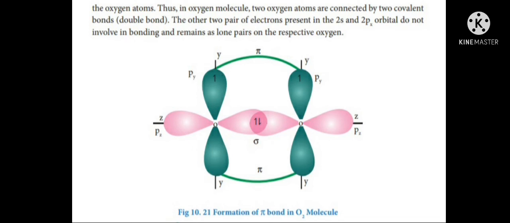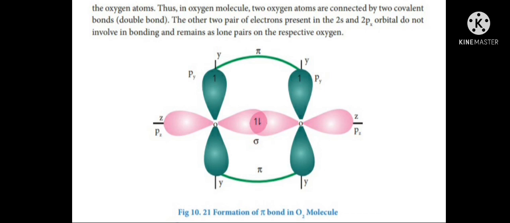When the half-filled pz orbitals of two oxygen atoms overlap along the z-axis, considering molecular axis as z-axis, a sigma covalent bond is formed between two oxygen atoms. Next, the other two half-filled py orbitals of two oxygen atoms overlap laterally or sideways to form a pi covalent bond